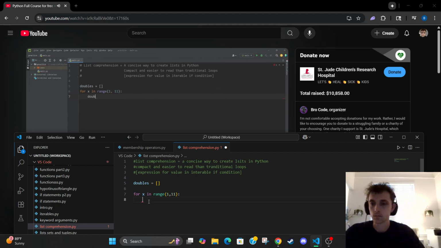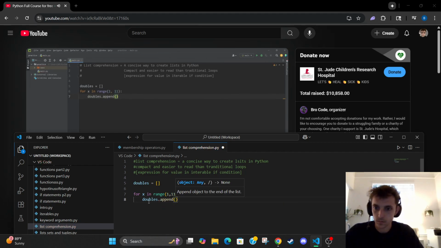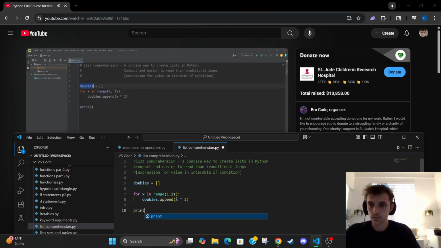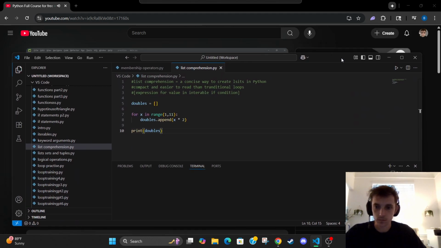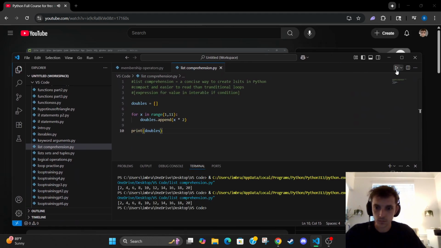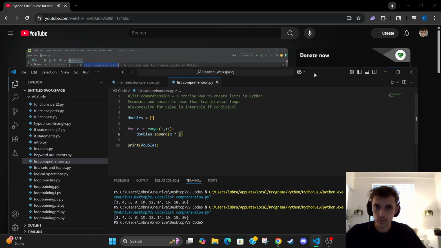During each iteration, I'm going to take my list of doubles, use the built-in append method. We will append x during each iteration. That's going to be the value times 2. So if I were to print my list of doubles, here's the result. We have the numbers 1 through 10 all doubled: 2, 4, 6, 8, 10, 12, 14, 16, 18, 20. So this is a lot to write. We can use a list comprehension